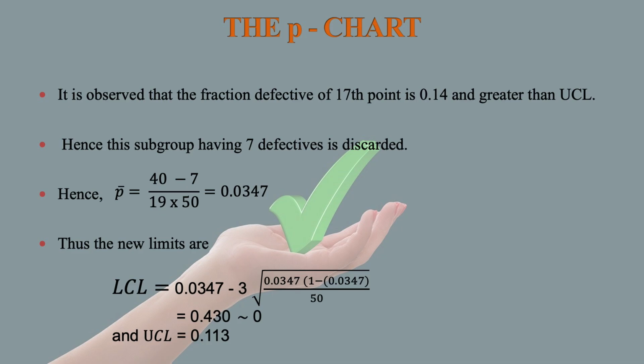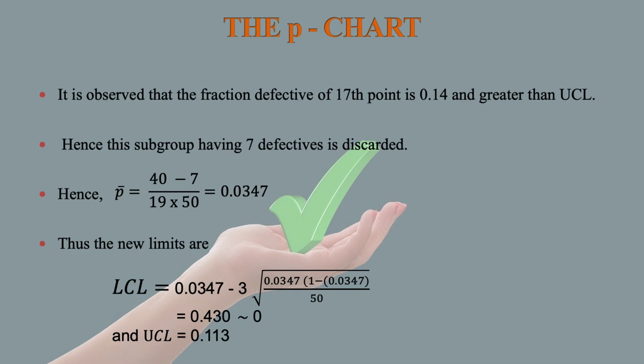So previously we were having 20 samples. If you discard one, the number of samples available will be 19, that is 20 minus 1, and the number of defectives will be 40 minus 7, because previously the total number of defects was 40, including the 7 defectives which are at the 17th point. Now we are not considering the 17th sample, so 7 defectives will be out from our calculations. So new P bar is equal to 40 minus 7 divided by 19 into 50,